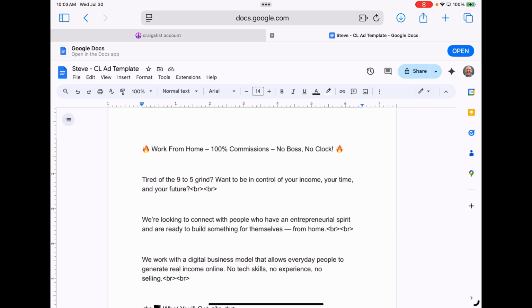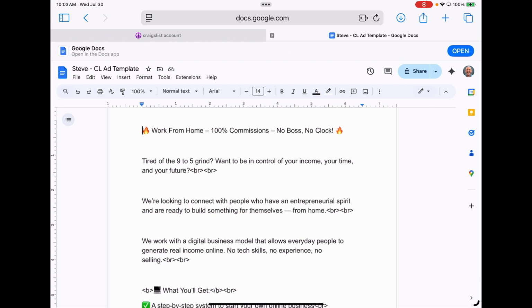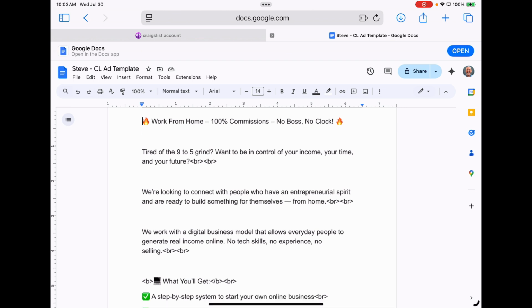So, if you want to have emojis, I recommend it just because it helps your ad to stand out. Have some emojis in the subject line. So my work from home, 100% commissions, no boss, no clock, with the flames there, that's my subject line. So that's what people are going to see, and then if they're interested enough, that's what's going to make them click it and then see the rest of this.